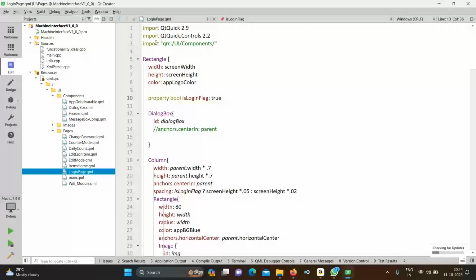There is a keyword called import, like your hash include, and we are going to include this directory here. Components is there, right? This component folder should be imported here. Then we can use these QML pages in other QML pages. Okay, so once it is done, now it is going to this